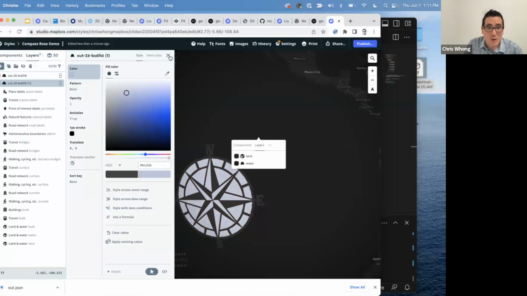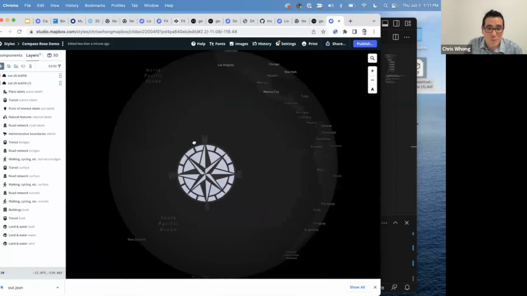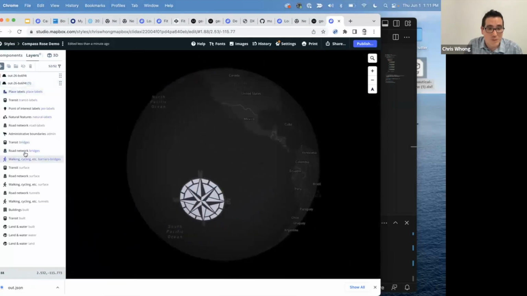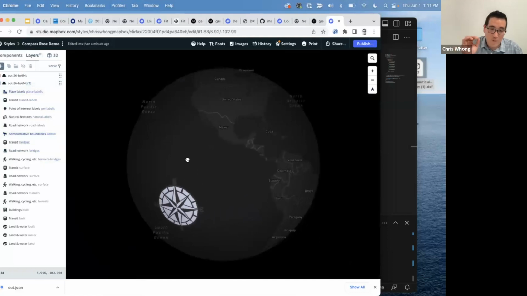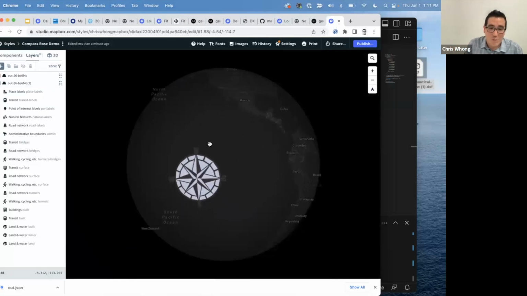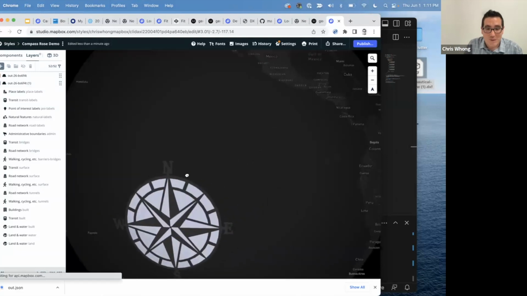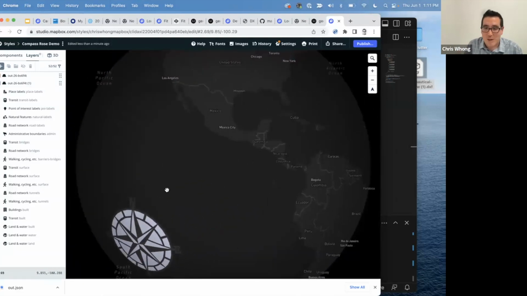So this is Mapbox Studio, which again, we have a whole set of webinars on. You can see all the different layers in here, and you have fine control over literally every part of this map. You can change the way borders look, you can change the way labels look, and people spend many hours really customizing the way maps look. But I think for DXF, this is a fun way to throw things that are not necessarily geographic into the map.